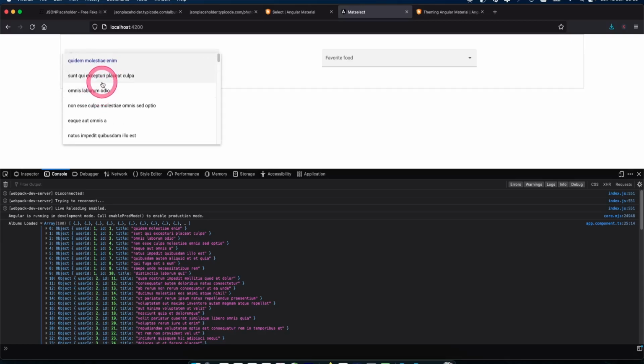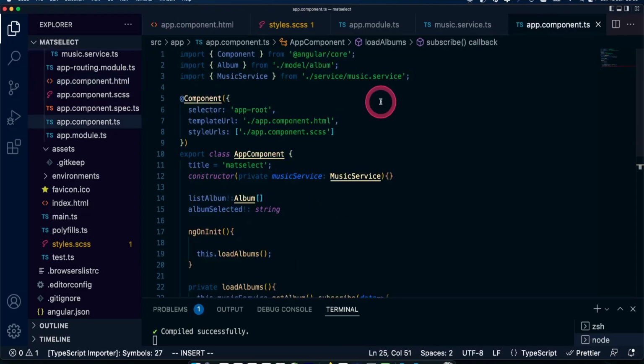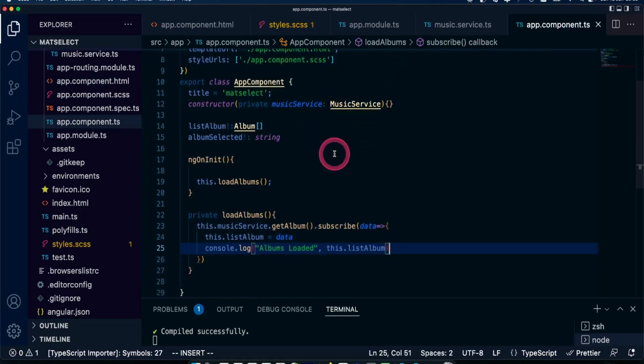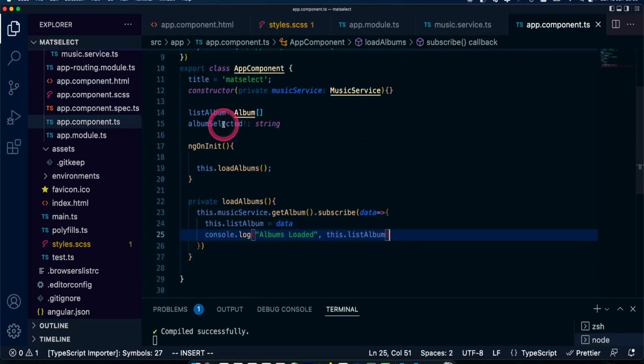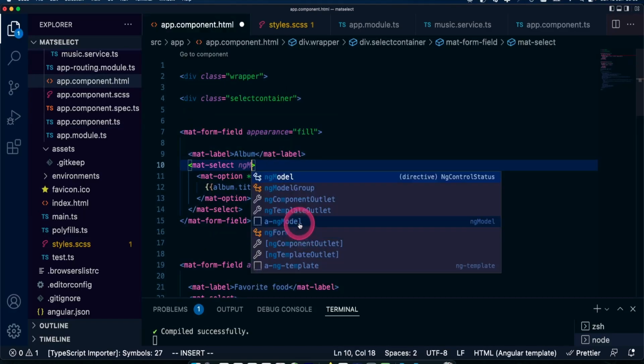So let's go do an ngModel. Let's go bind this so that when I select, I can see what I've selected. Okay, so let's go do that. So in my app component.ts, I'm gonna create another string, album selected, and then I'm gonna bind this to album.